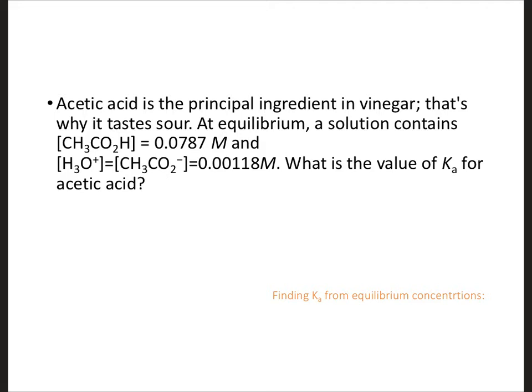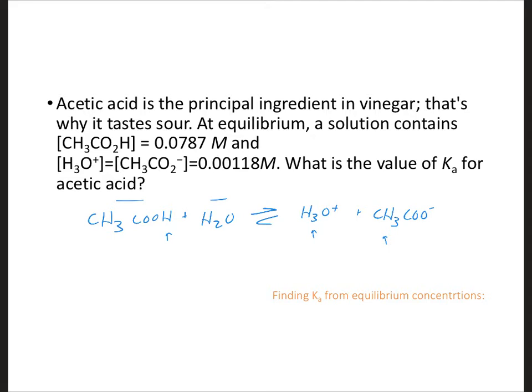We know that it is an equilibrium that's set up because this is going to be a weak acid. So what we need to do is consider what a balanced chemical equation would look like for this reaction. They have given us the information that we need in order to describe this weak acid equilibrium. They start off by saying we've got some amount of acetic acid. We are going to add that with water, and after we add it together with water, we're expecting that a small fraction of the H's on the acetic acid are going to jump onto the water, forming H3O plus, and what's going to remain is some small fraction of